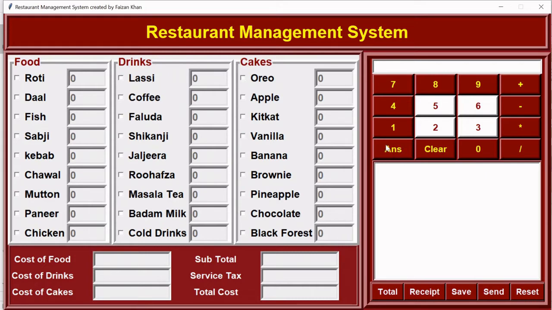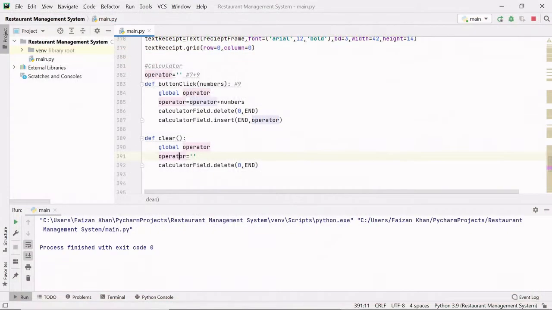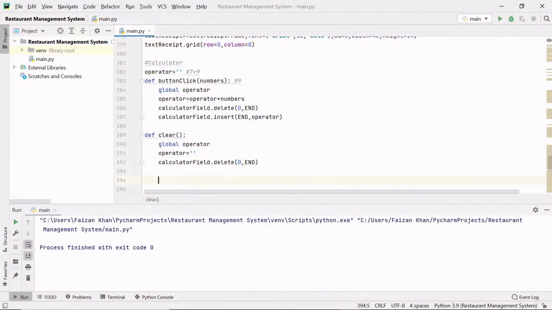Now let's work on the functionality of this answer button. So when I type something like this and click on this answer button, I should be getting the answer for this multiplication. So I'm going to define a function here, def answer.